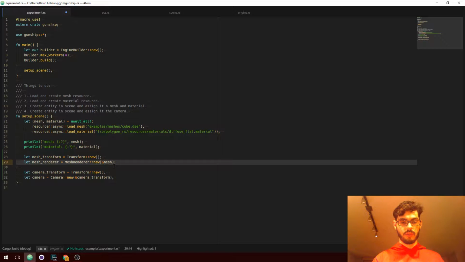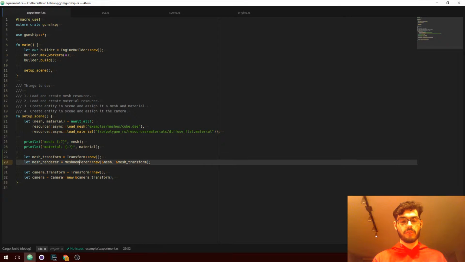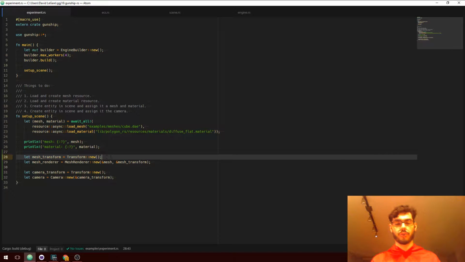Ref mesh, ref mesh transform. So the idea now is that the components that I previously had, which were not owned by the entity, but were owned by the game engine, and the user could borrow them doing those get methods.